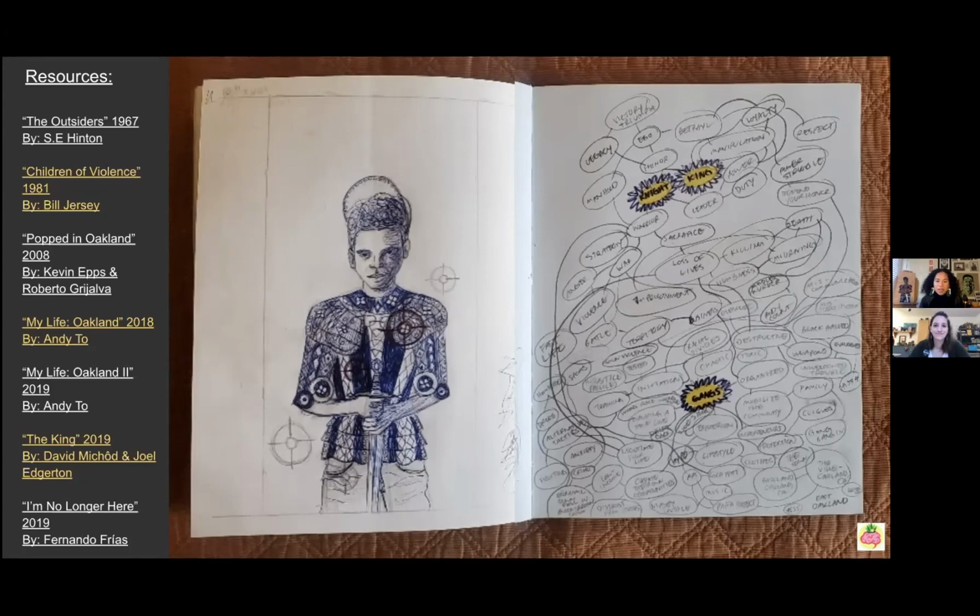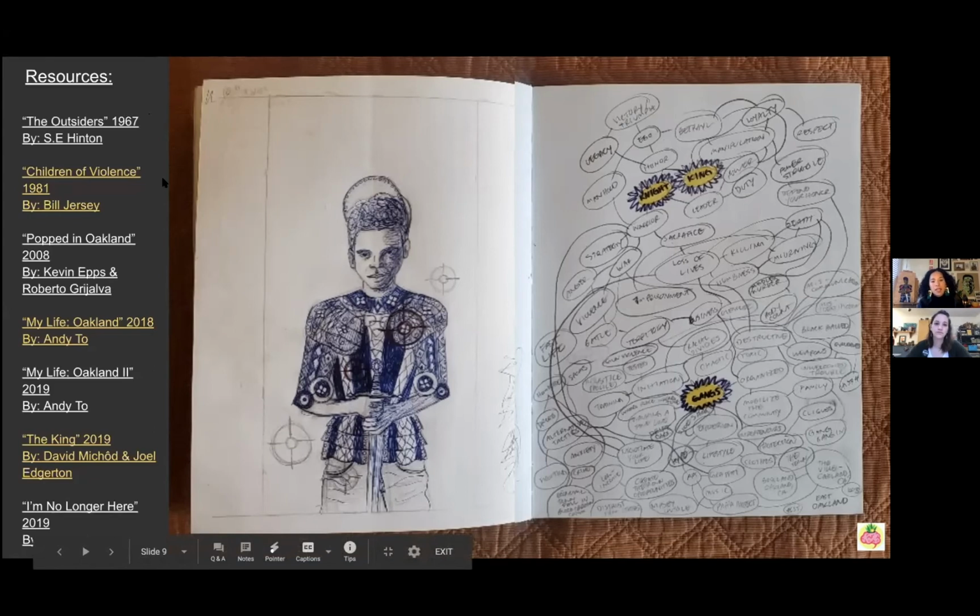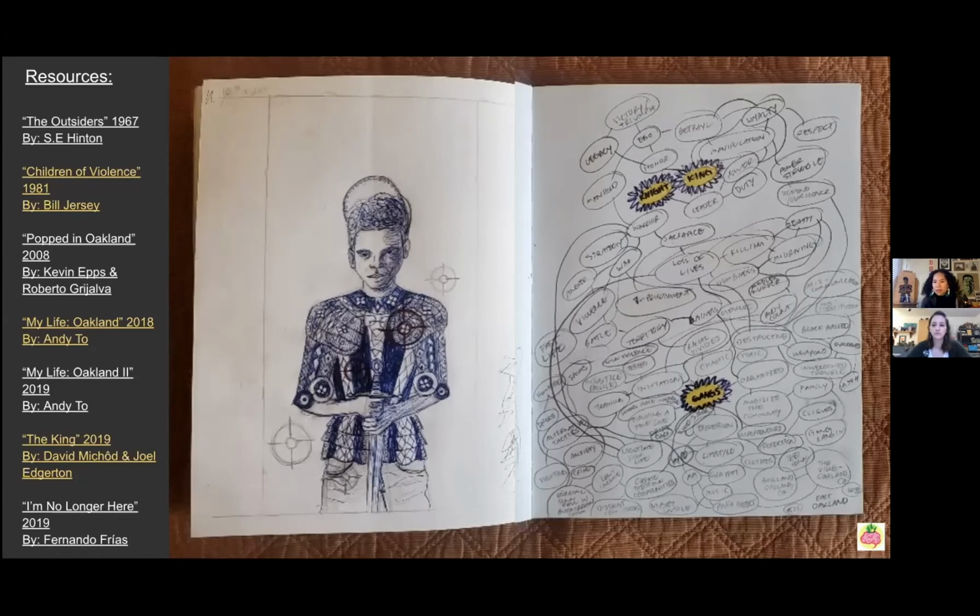Anyways, it's heavy. It's heavy, which I feel like not a lot of people realize. So that was something that I wanted to really emulate in this piece, and to go with that research. Not only in Black and Brown communities, but I also found a common thread in all kinds of other cultures as well. Looking at all these resources that I've gone through, different books and documentaries, and also different films, I have found a common thread of how the similarities between knights and kings and gangs is